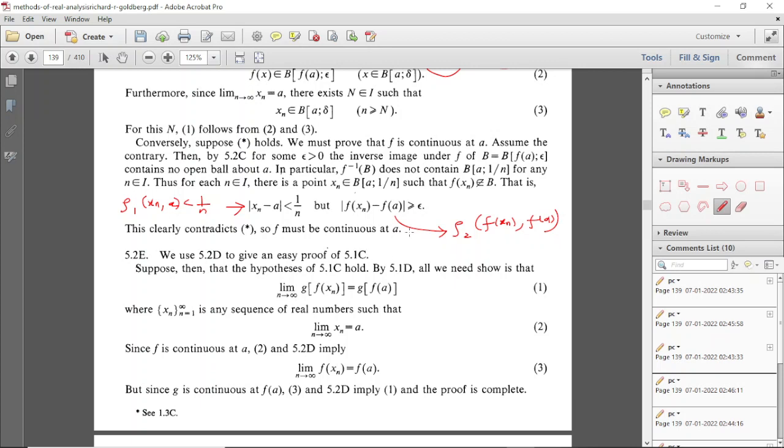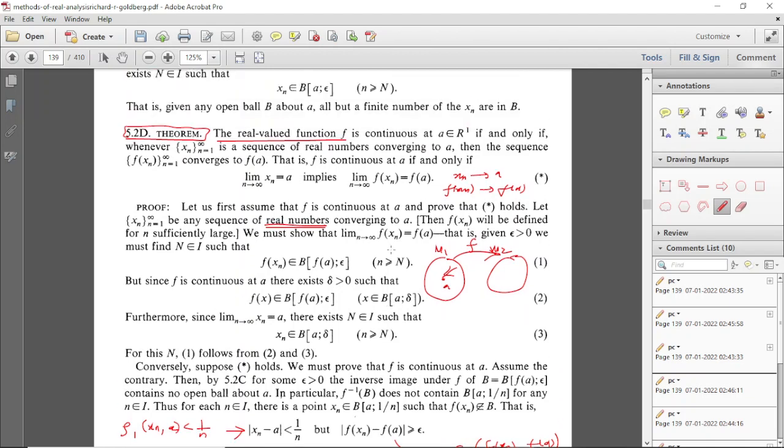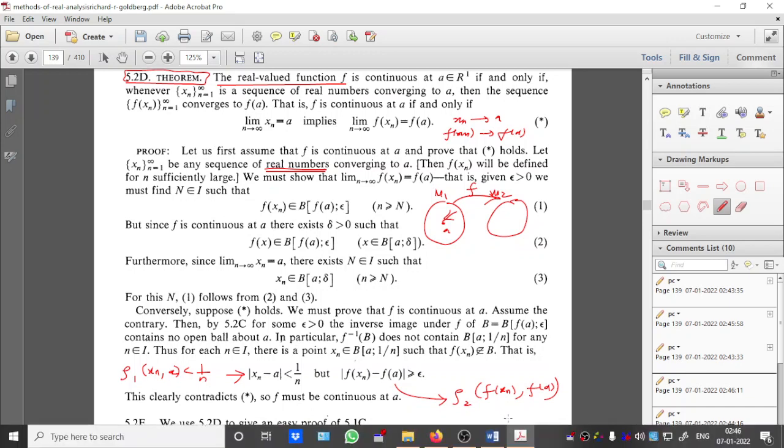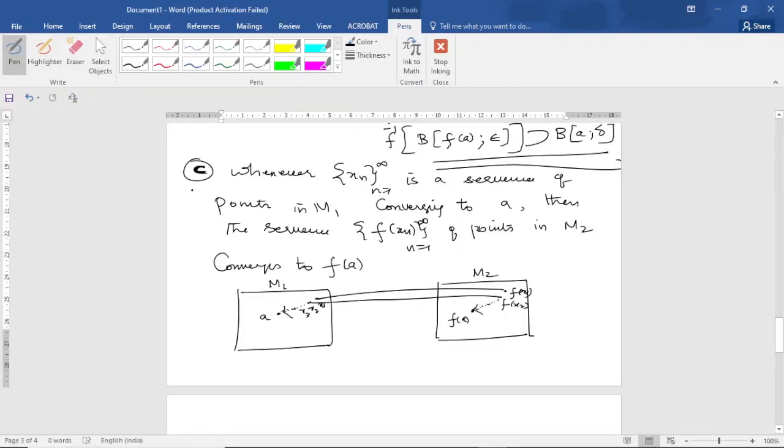Okay, in the proof that I have given, this is the reference book. So these are the changes you have to make in that particular theorem, which we proved for real valued functions. So now we complete the proof of C. The proof of C is completed. So these are the changes you have to make, and you have to write the proof of this. Okay, write the proof of this statement.